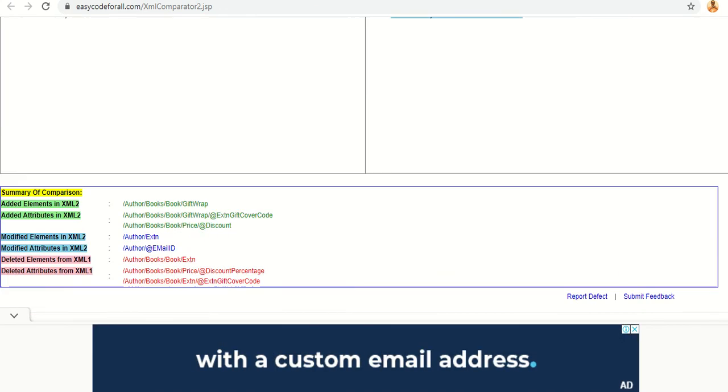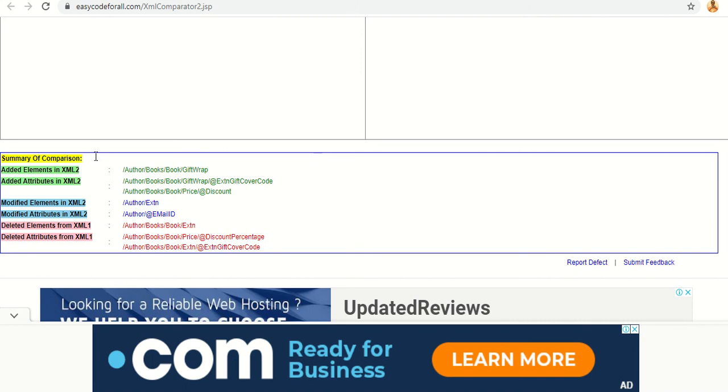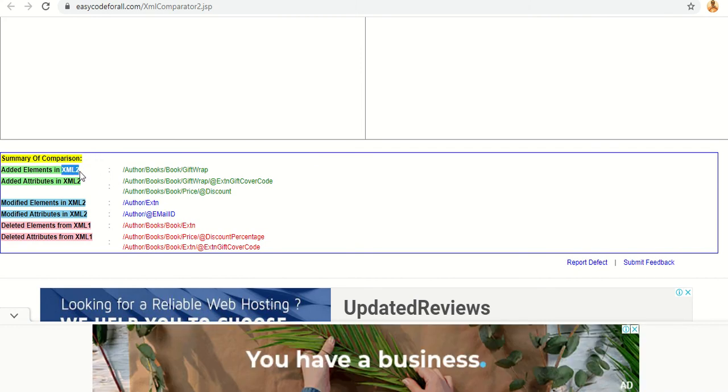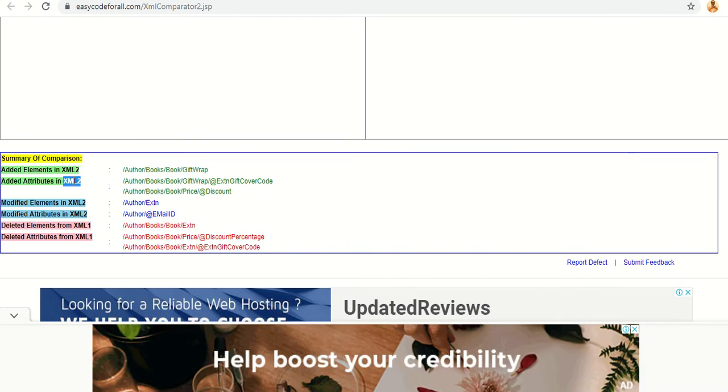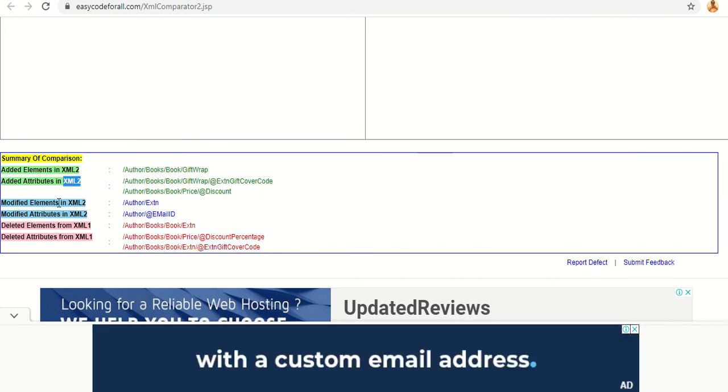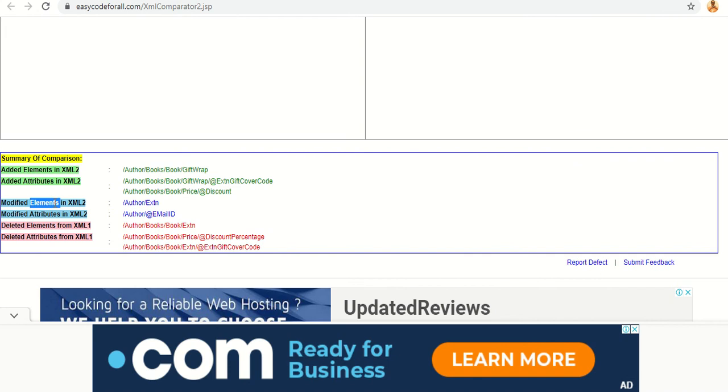And here it shows the summary of changes: what elements were added in XML2, what attributes were added in XML2, what elements and attributes were modified in XML2, and lastly what elements or attributes were deleted from XML1.